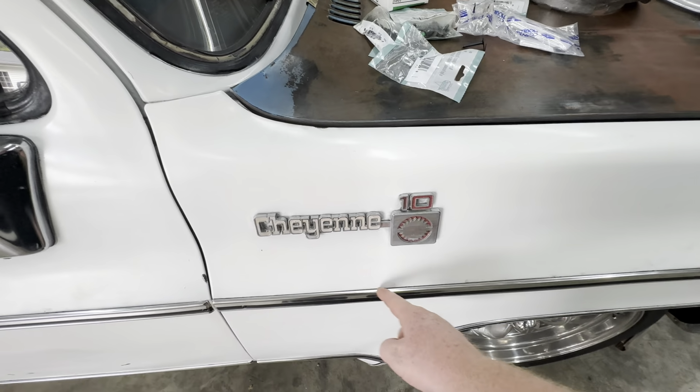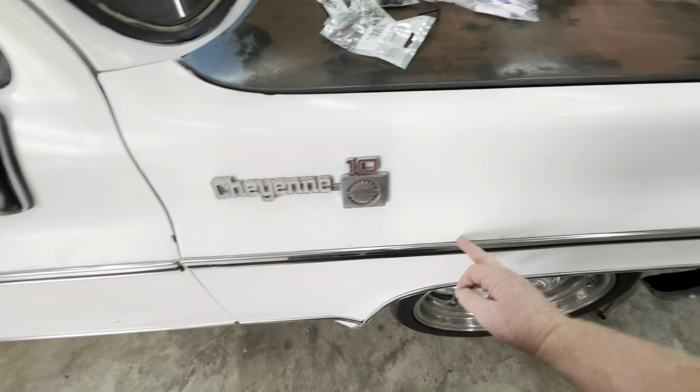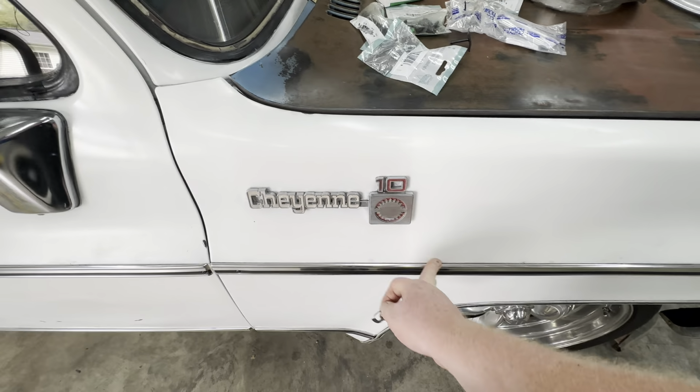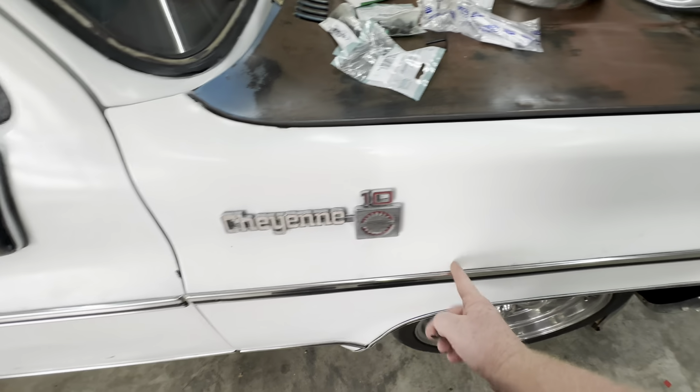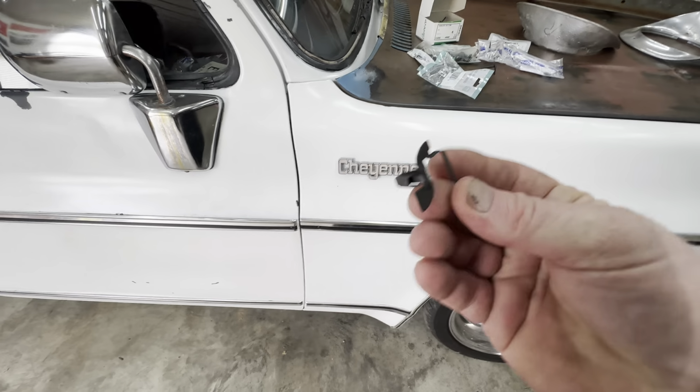That's why I like dry erase markers on trim. If you're doing trim, you want to remember where your clips are, take your dry erase marker and just mark it. You could even take a permanent marker if you wanted to. You get it off with alcohol, but dry erase, they're cheap. You can get them at the dollar store, Dollar Tree. And if you're putting in stuff like this, take you a marker and make you some marks, and you can literally just wipe it off with your finger. But anyway,